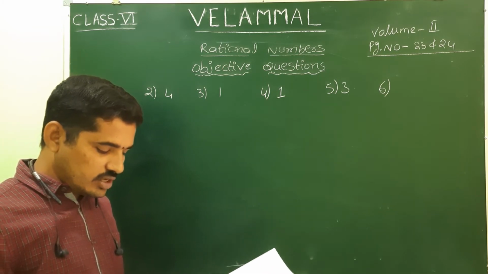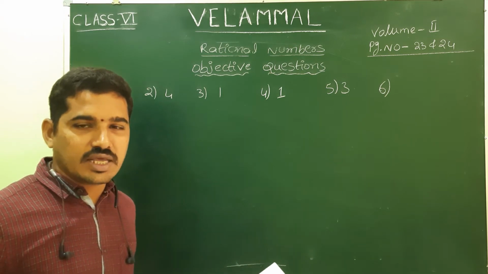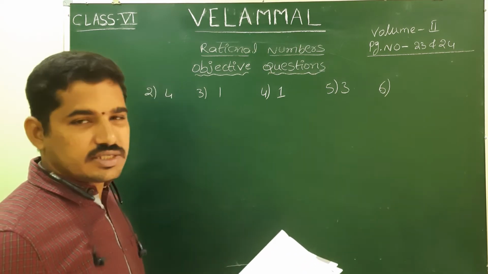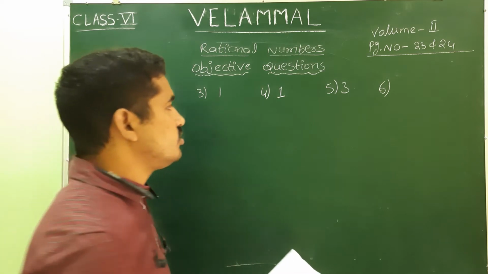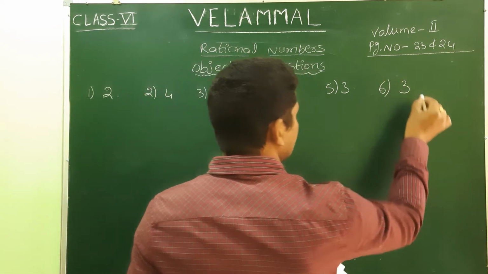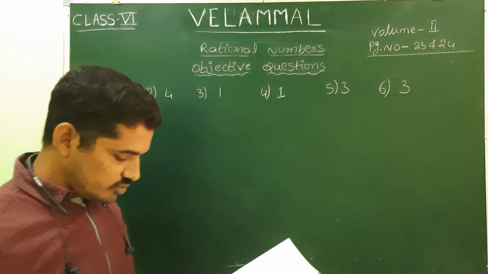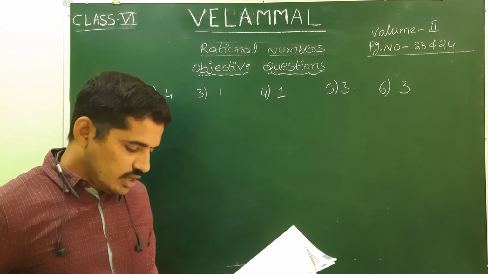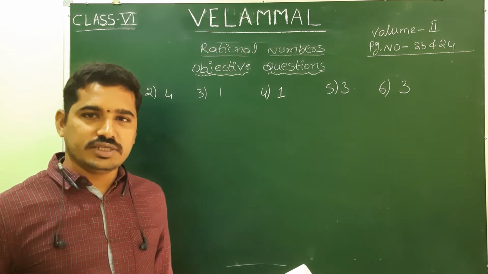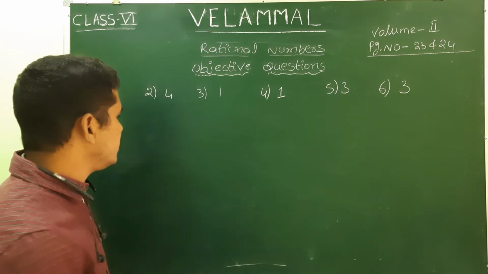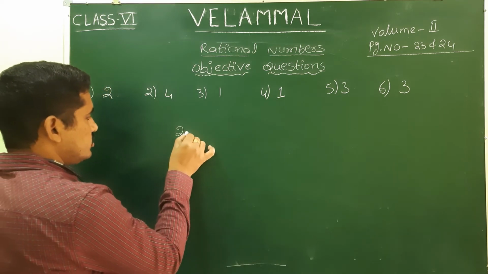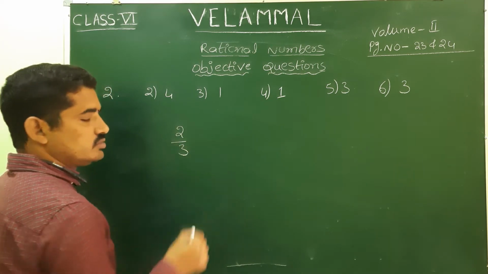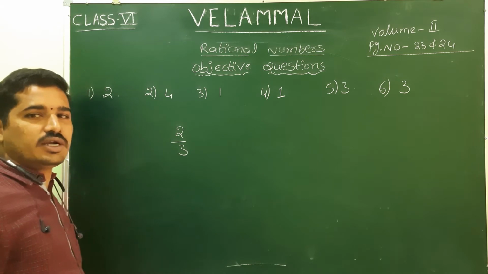But coming to the third one, minus 7 by minus 9. Here both have the same sign, minus. So by that, we can take the third option as a positive rational number. The quotient of two integers. Quotient is nothing but division.